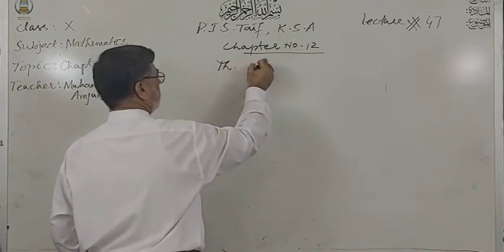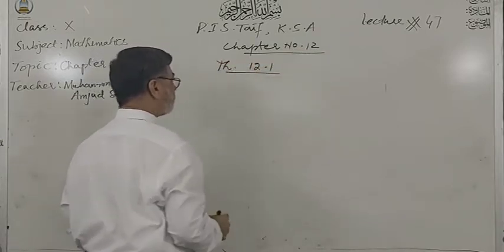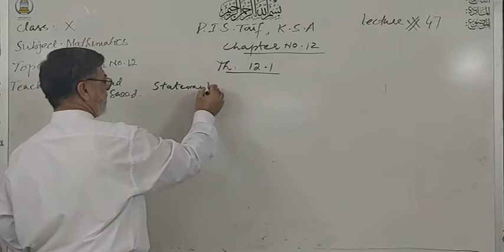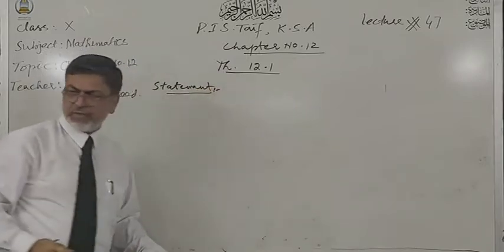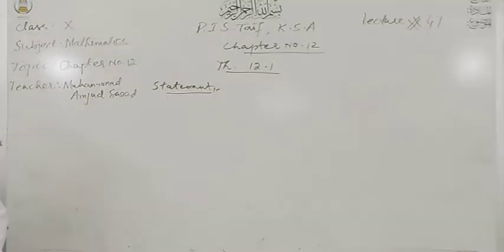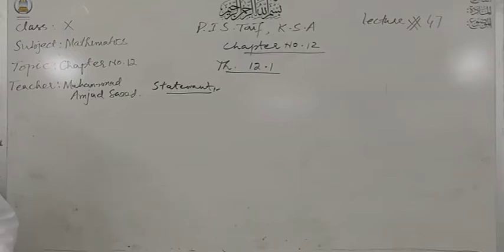Theorem number 12.1. What is the statement of the theorem? The statement of the theorem is: the measure of the central angle of a minor arc of a circle